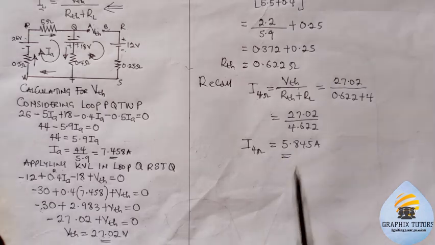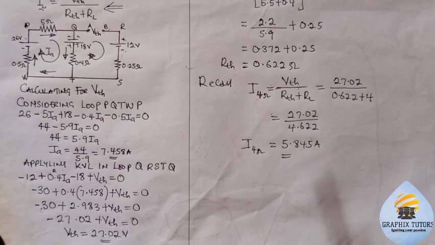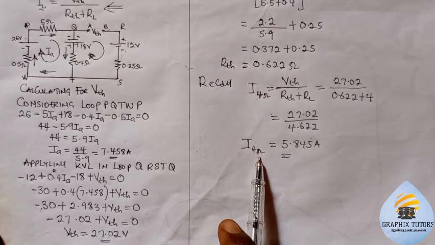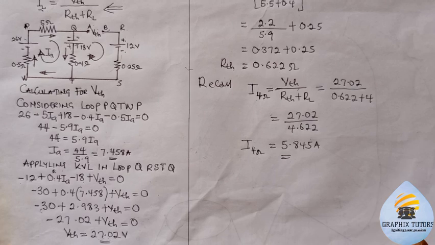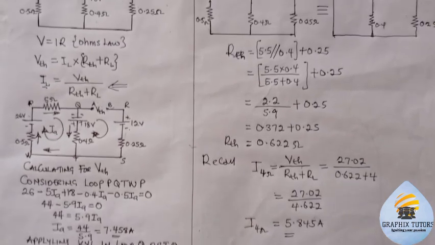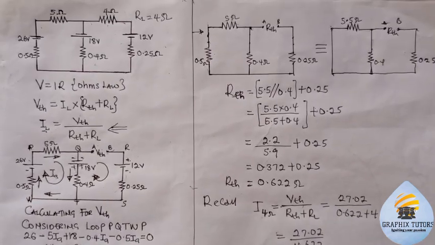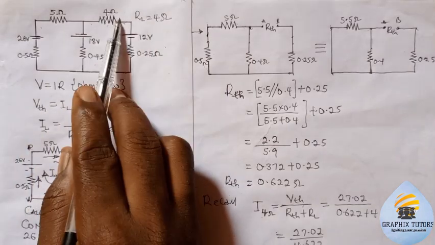You see that no matter the process you take, either nodal analysis, superposition, or KVL, or whatever you use, you always arrive at the same answer. Different means to the same destination. Is that okay now? So this is the current that is flowing through the 4 ohm resistor, this resistor you're seeing here. So the current flowing through these 4 ohms is giving us